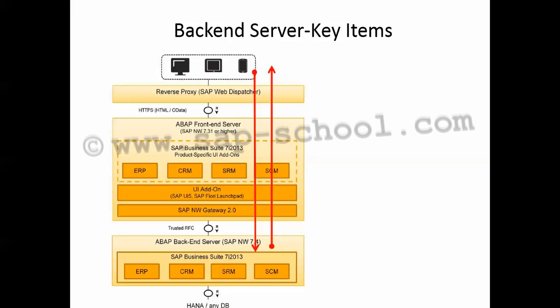Using these two arrows, we can see the communication that is happening between my client tools, from where we are calling the app. These are my client devices. After that, we have the backend server. My backend server is a business suite server. It holds the application data, and all the application customizing will happen here. It has two classes for the OData, that is my MPC, which is my model provider class, and the DPC, which is my data provider class.